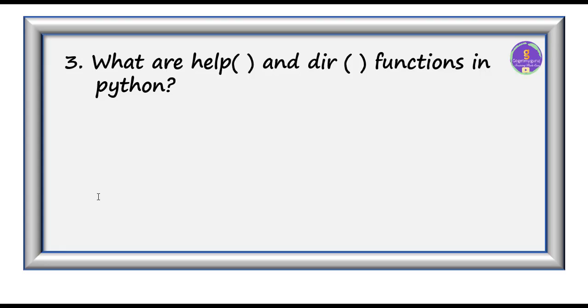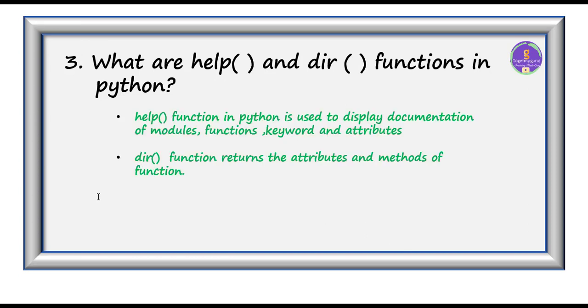Let's move on to the third question. What are help and dir functions in Python? The help function in Python is used to display documentation. So what documentation does it display? It displays documentation of modules, functions, keywords and attributes. When I say help, it can take arguments. So if you pass an argument print in this help function, it displays documentation related to that print function, and